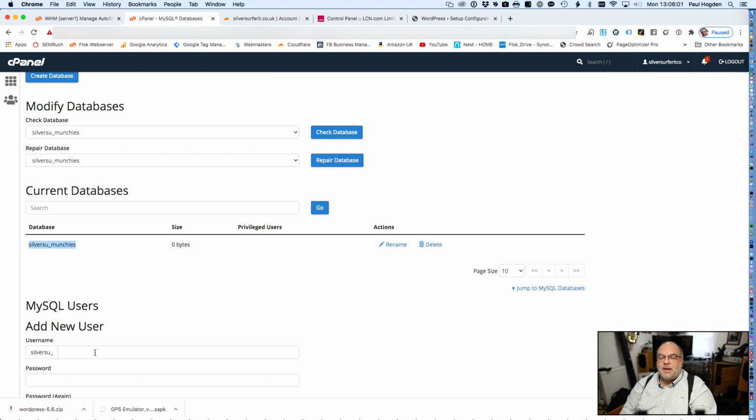Now, the next thing that I'm going to do is add in the username that we'll need to log into the database, because WordPress needs a MySQL database to work off. So we're going to give it a username and a password. So here we go.